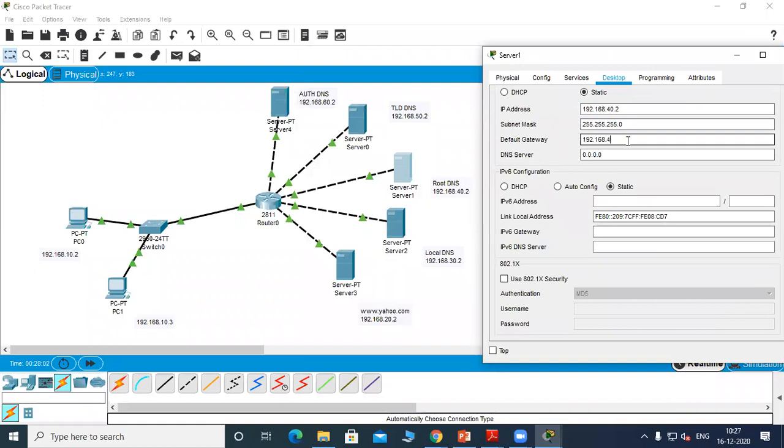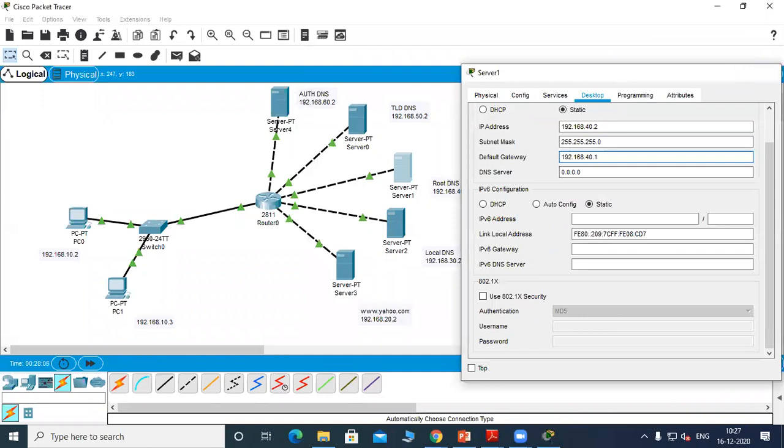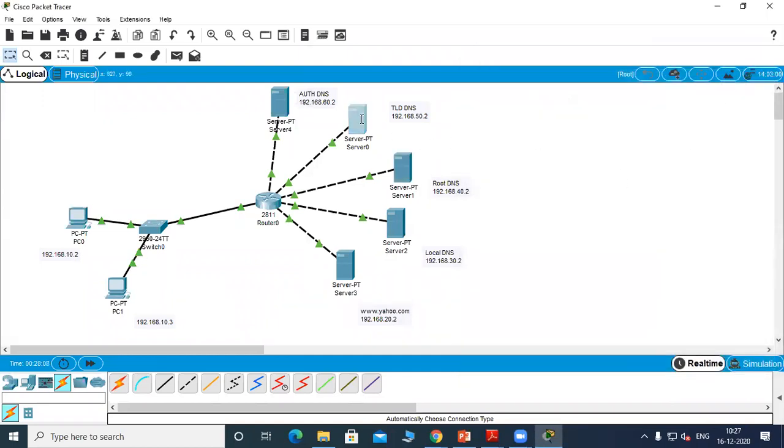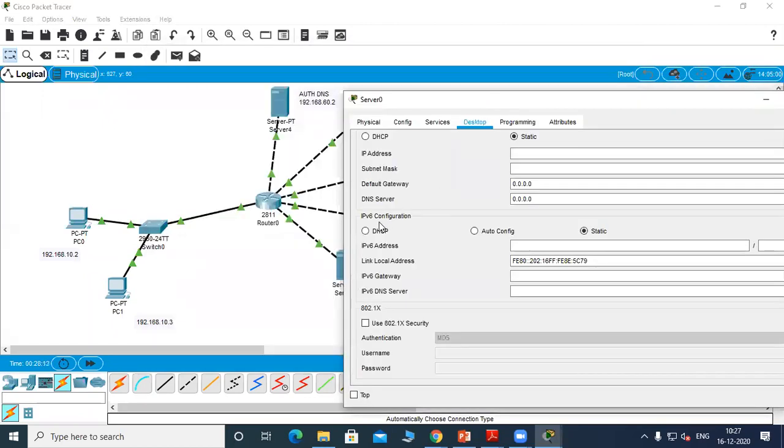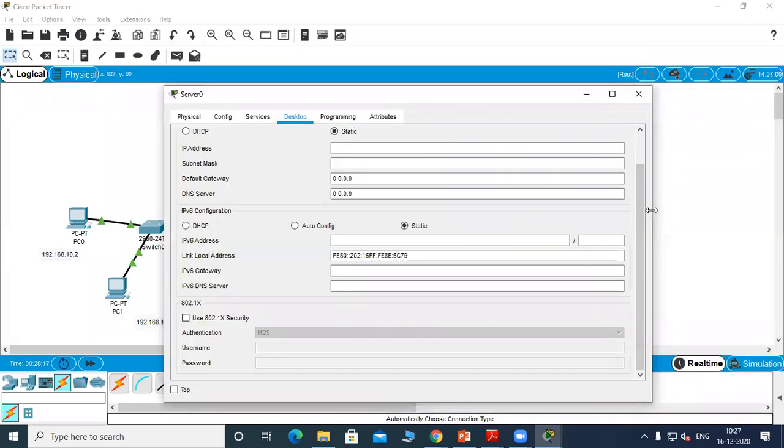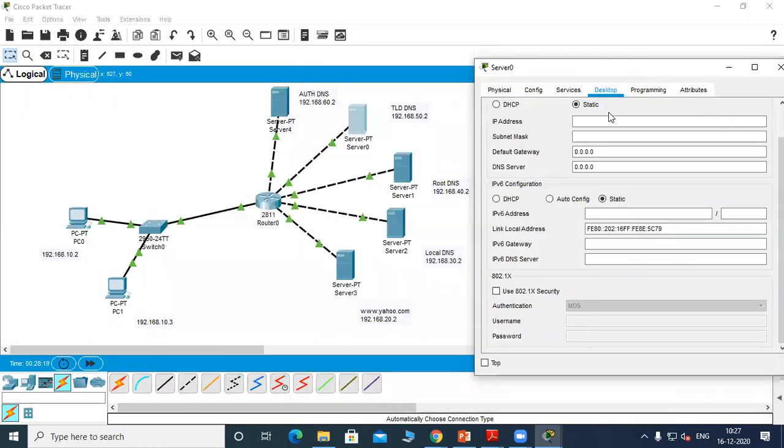Gateway will be 40.1. Then comes the TLD server. TLD server is 50.2. Gateway is 50.1.